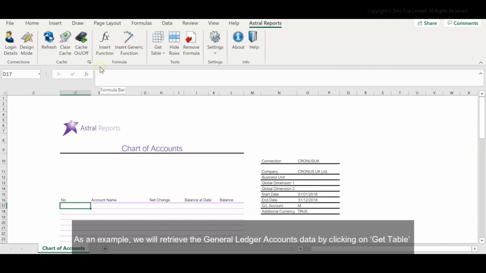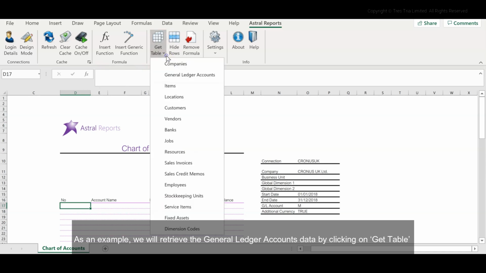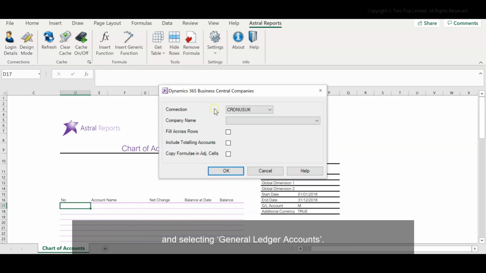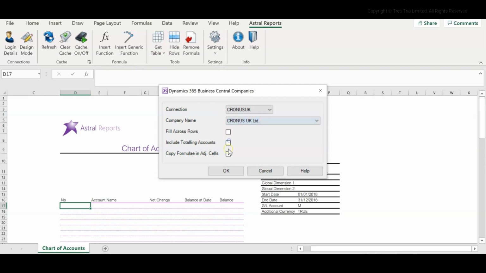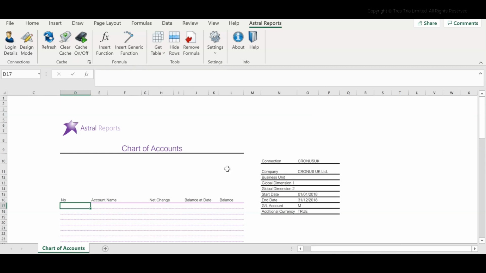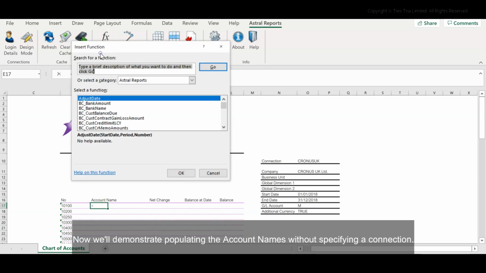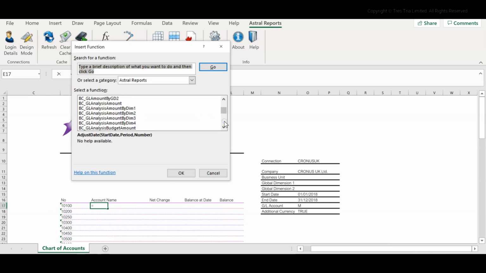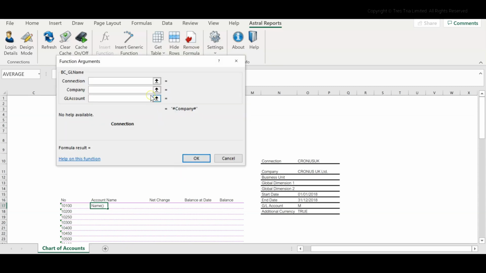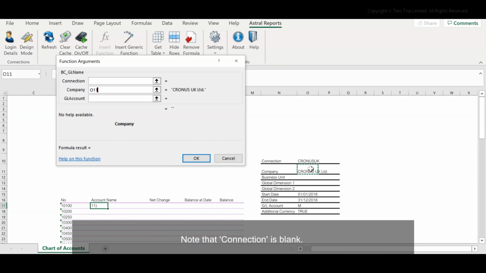As an example, we will retrieve the General Ledger Accounts data by clicking on Get Table and selecting General Ledger Accounts. Now we'll demonstrate populating the account names without specifying a connection. Note that connection is blank. Astral Reports will use the previously set default connection to populate the data,